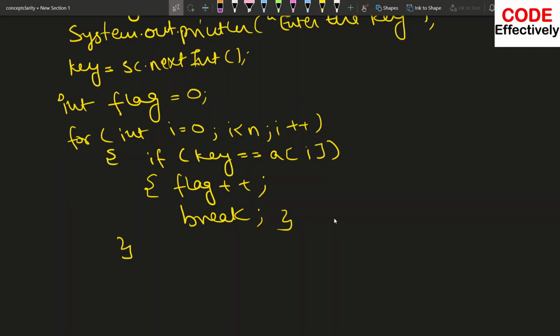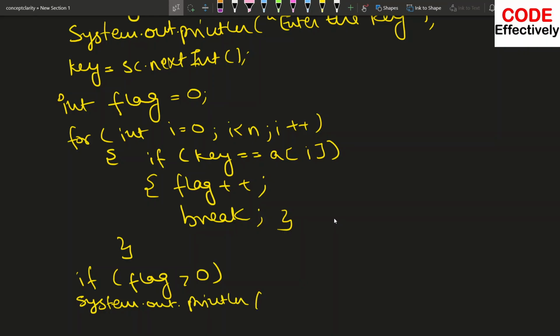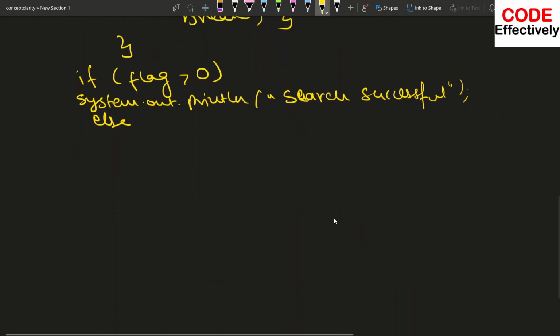Done. This is your linear search, and then you will just check if flag is greater than 0, then what you will display, System.out.println, and then you can put "search successful", or whatever the message that has been asked by the board examination. Else what you will put,